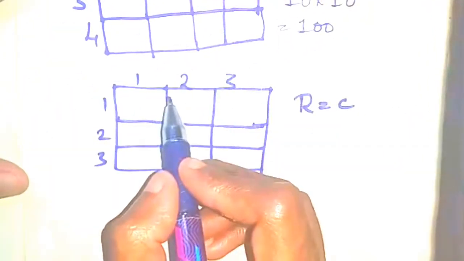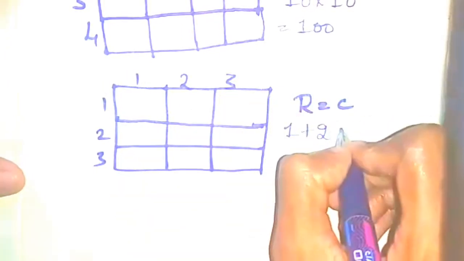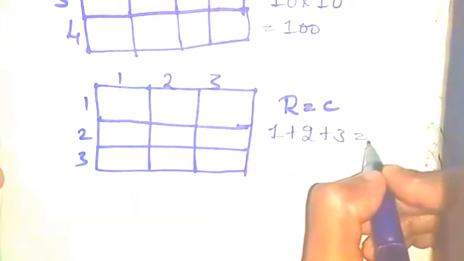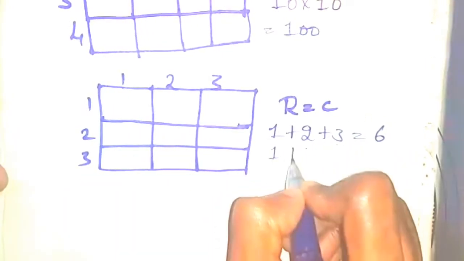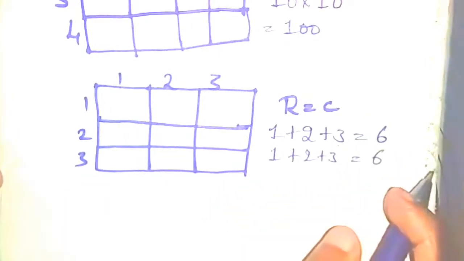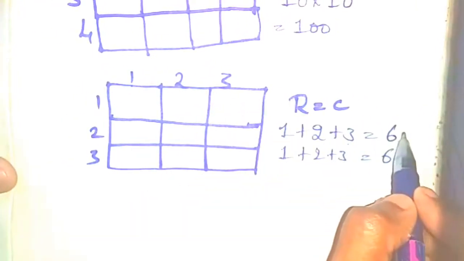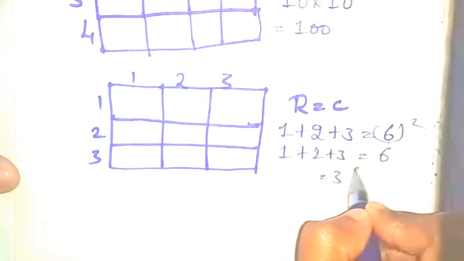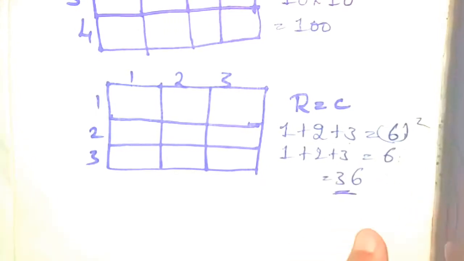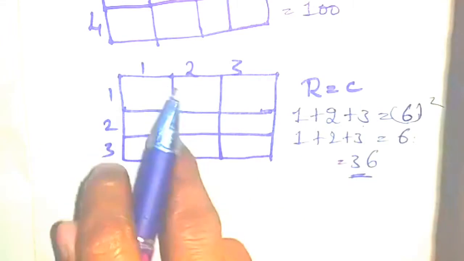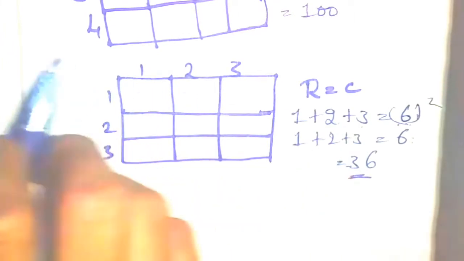Now add the values of these rows or columns, whichever, because both are equal, there is no problem. 1 plus 2 plus 3, what will you get? 3 plus 2 is 5, 5 plus 1 is 6. So after adding columns, you will get the same value. Instead of adding both, once you get this 6, you can directly square this number. Square of 6 is 36. Even if you multiply both, you will get 36 only. I hope everyone understood. So in order to add both these values, once you get this value, square this number, and directly you will get 36, right?